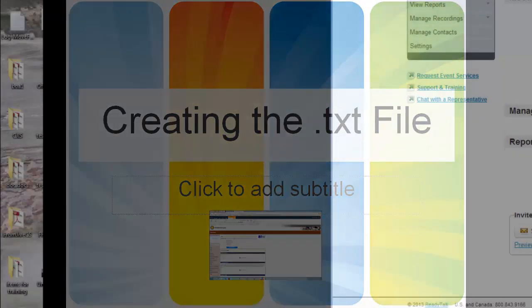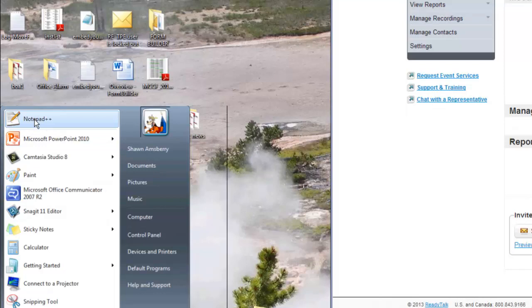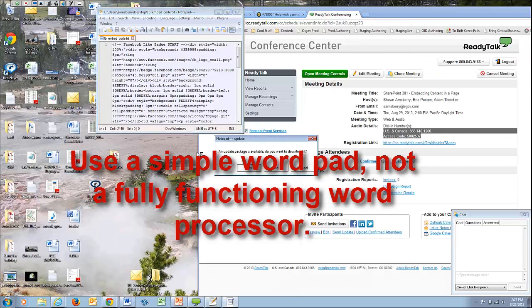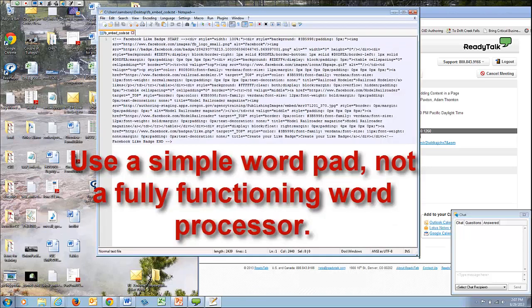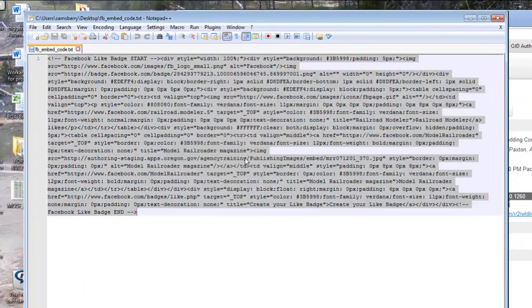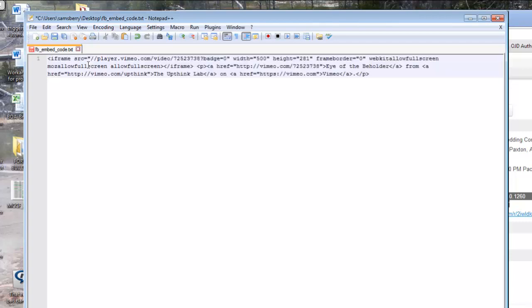What do you do once you have the embed code? Well, we're going to open a simple word processor or a simple WordPad. I like Notepad++. It's just my personal favorite. You can use WordPad, which comes with Microsoft. TextPad is one that's freely available online. Anything that you use for a simple text editor. I'm going to clear out what I had in there, and I'm going to paste my embed code. I saved the one from Vimeo. I'm going to paste that embed code into this simple text editor